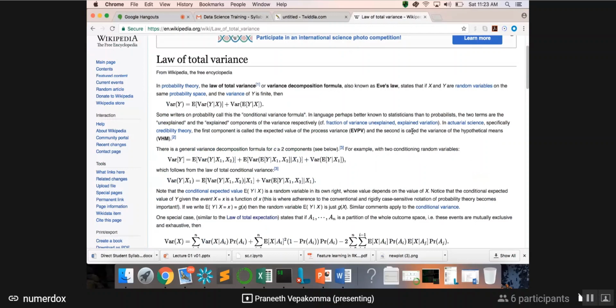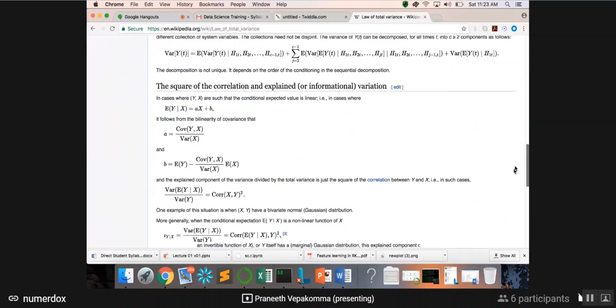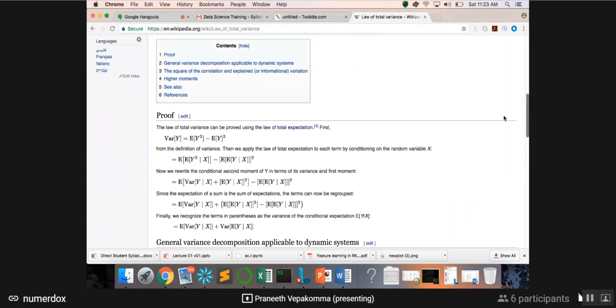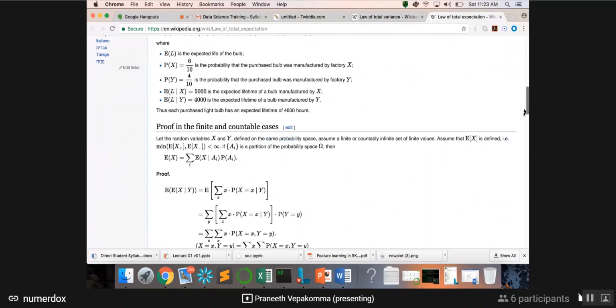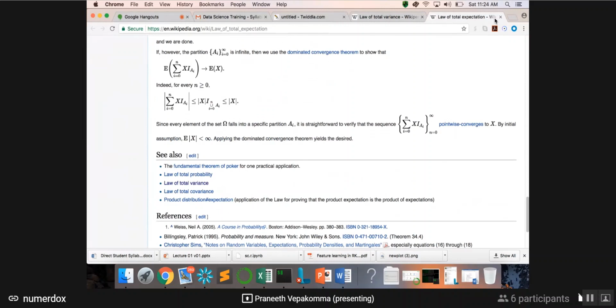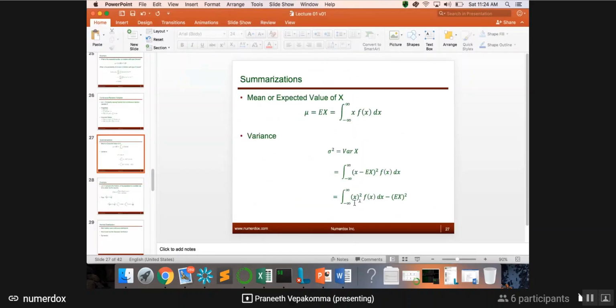So this is a more complicated phenomenon that's happening. What you're observing is this. Let me point you to the right thing here. So this is the definition of variance, right? This is known as the law of total variance. So the second formula that you had asked for, Venkat, is due to this law. I'm going to point it to you in a second. There's a derivation to it. So basically the variance formula becomes this formula, which is how you get the derivation for this second equation that you have here.